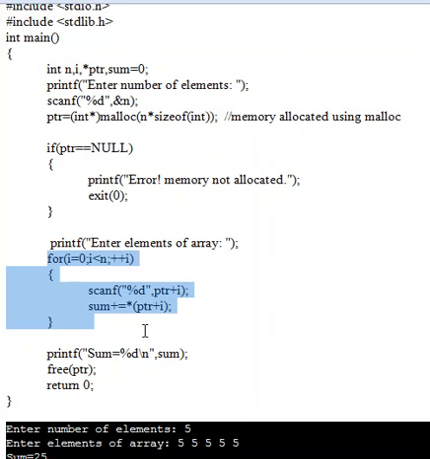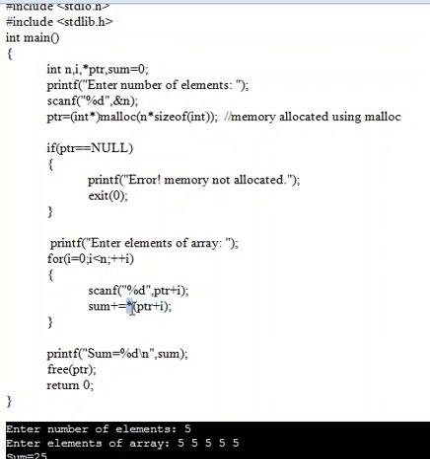Next, sum plus equal to star ptr plus i. That is sum equal to sum plus star ptr plus i. Initially the value of sum is 0. So sum equal to 0 plus star ptr plus i. In ptr plus i, ptr means base address, plus i is 0, so base address plus 0 into 2, that equals base address.